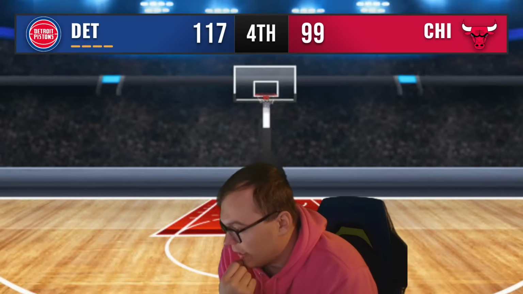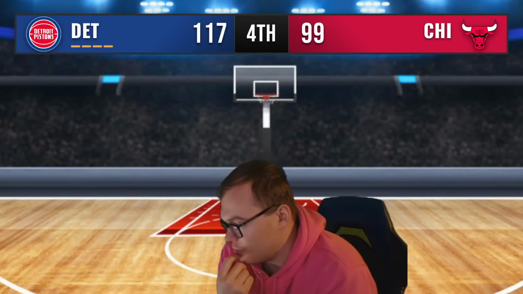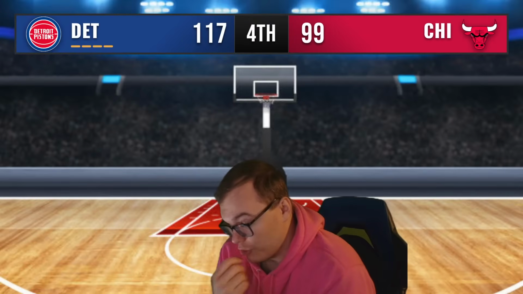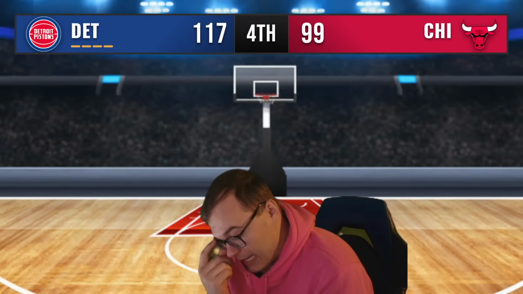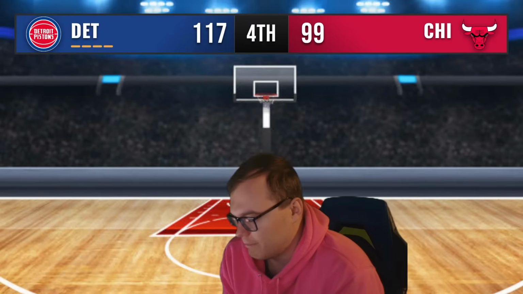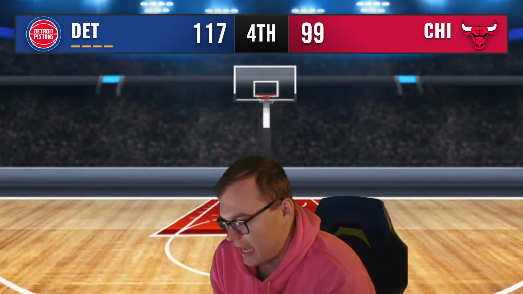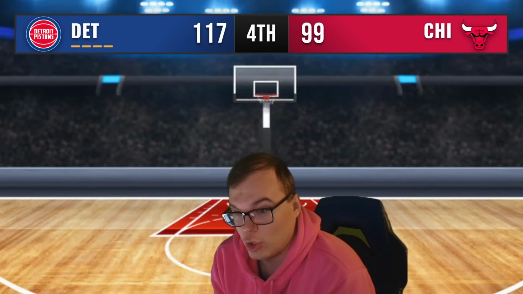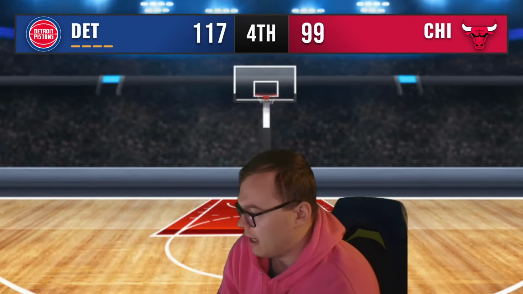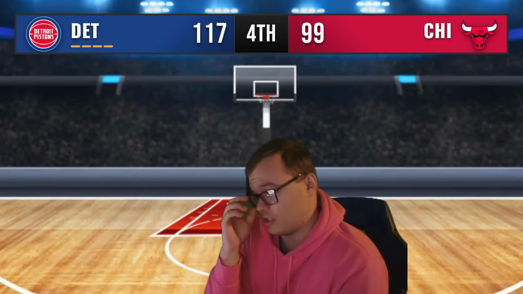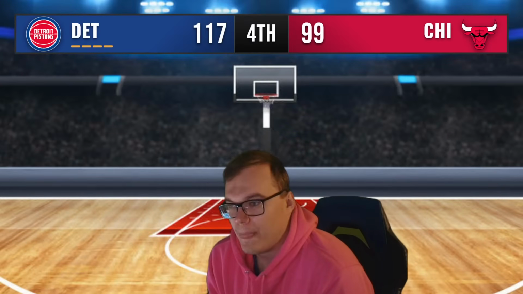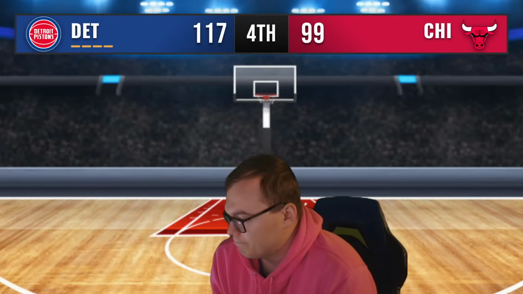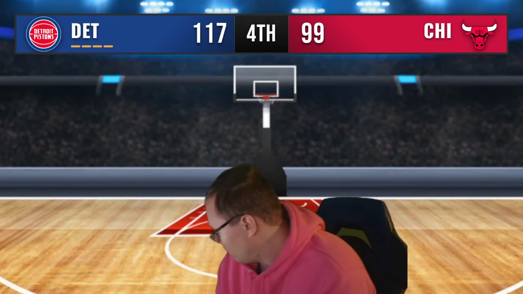Sasser checks into the game for Duncan Robinson. Good to see Sasser get some minutes. So no Kevin Huerter tonight. Kind of looking forward to seeing him maybe check in against his former team. JB Bickerstaff is very particular in who he plays. He's been very stoic with his rotations. So something to kind of monitor. Cade is not hurt. He's done for the night. He did his job.